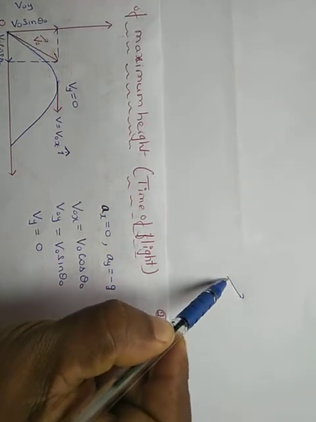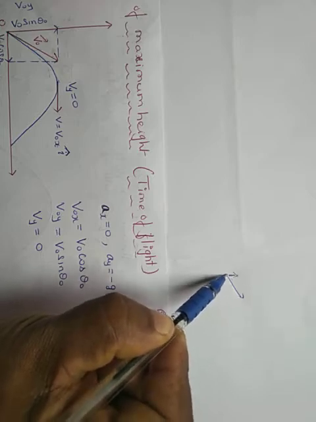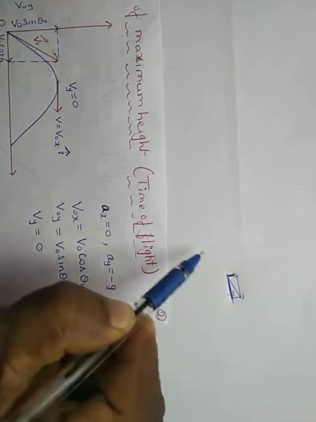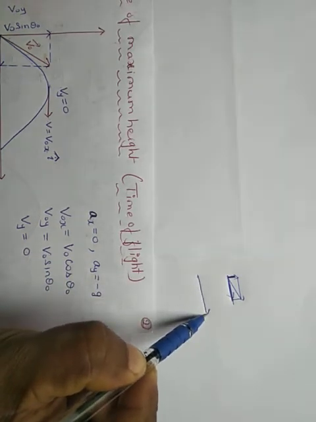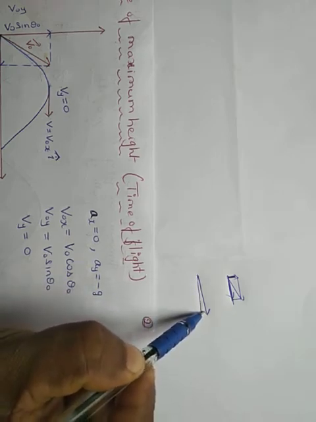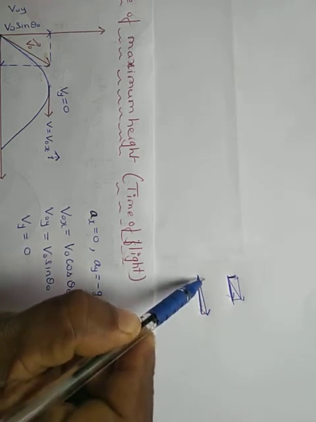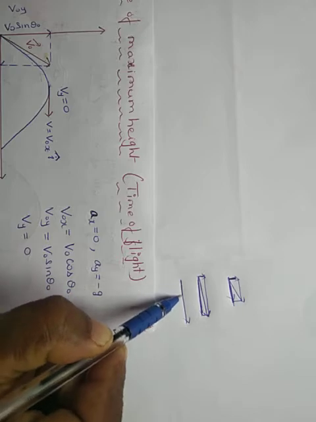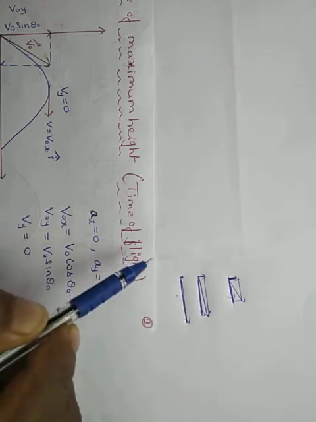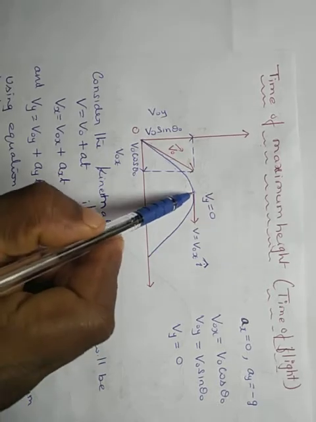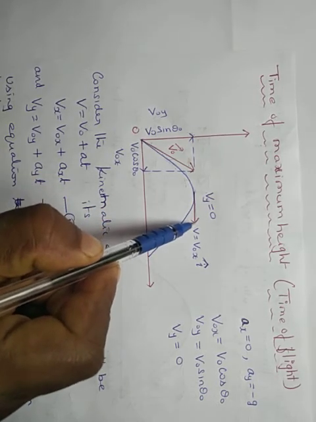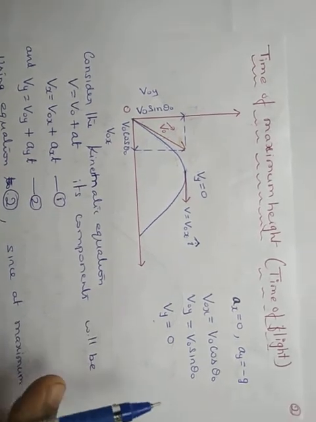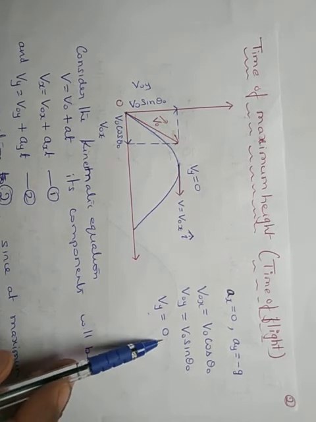If it is like this, v naught y decreases. See, this is v naught x, this vector is v naught y. The length of v naught x is more, but v naught y is very less. If you draw like this, v naught x is maximum and there is no v naught y. Clear? Therefore, at the maximum point we get only v naught x, no v naught y. V naught y will be 0. This is a thing you should know in this derivation.